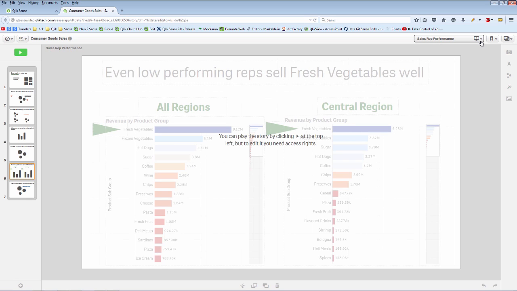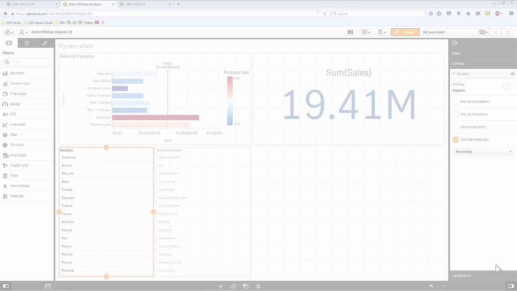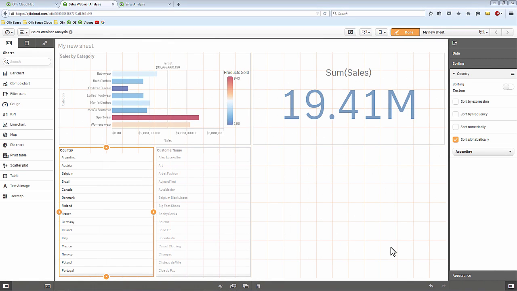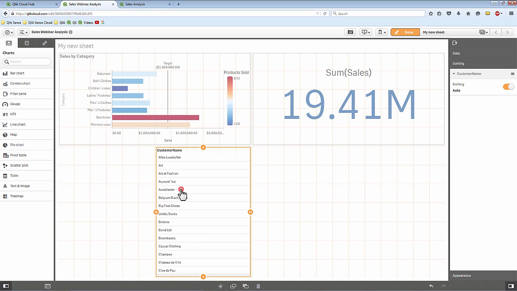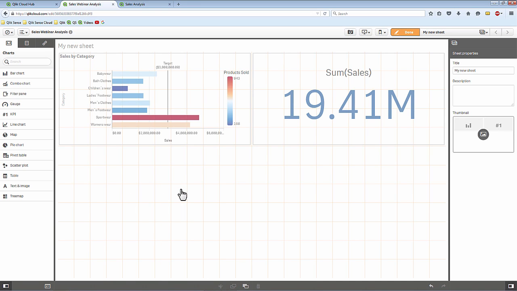Okay, so hopefully that gives you a nice indication of how you can analyze data, perform selections, capture your findings, and then present those findings within data storytelling. Okay, so let's pick up where we left off. I'm back in the design interface in Qlik Sense Cloud, and I'm just going to right-click on these list boxes and delete them. And let's start creating a couple more visualizations, and I'm also going to show you how we can derive new fields and add more data to this app.